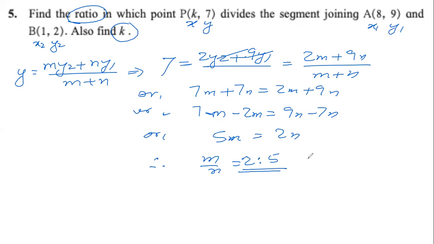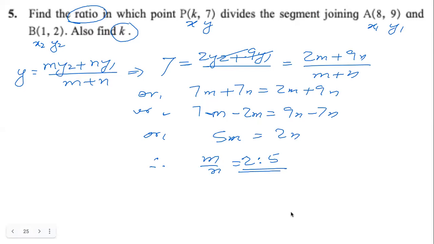Mathematically, the right thing to say would be some ratio, so 2 are something like that. But anyway, keeping it simple, if we say M equals to 2 and N equals to 5, in the next step, what we can do